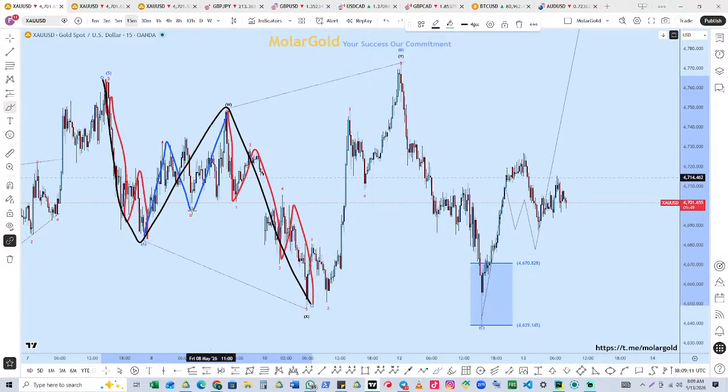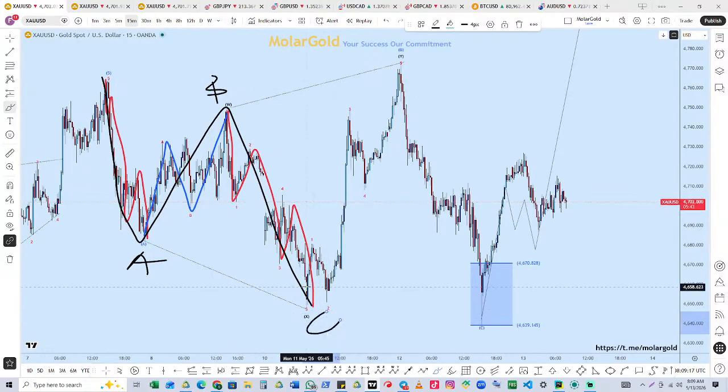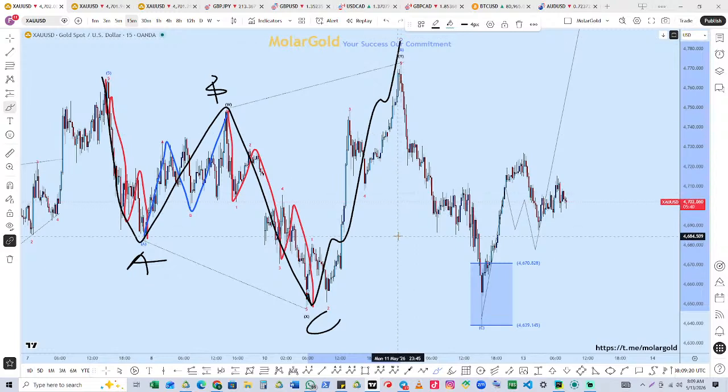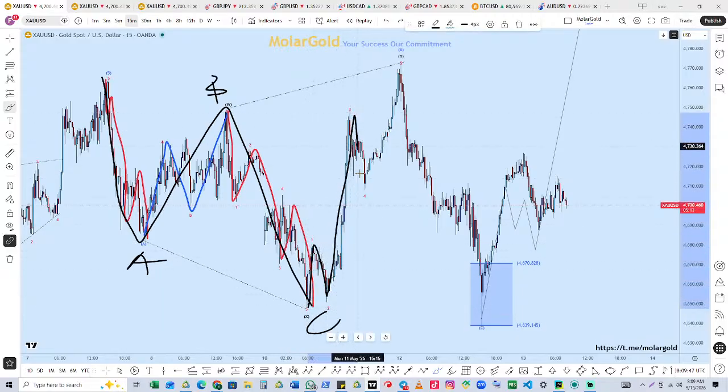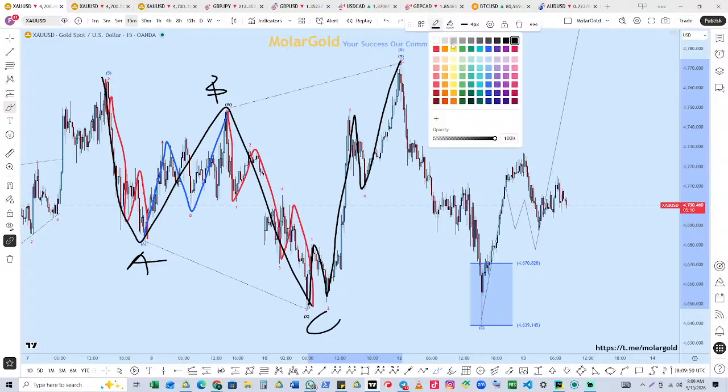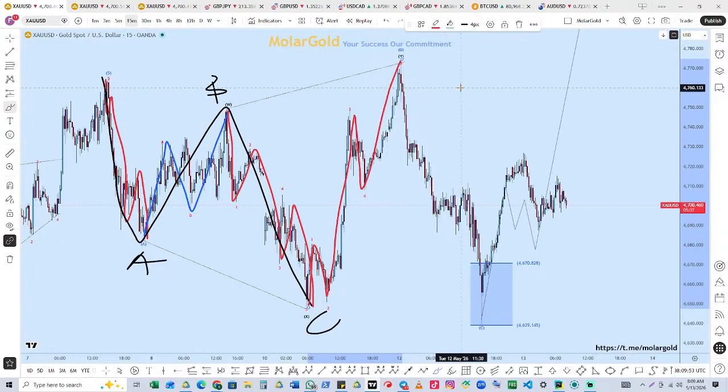What happened is that I told you guys this is an A, this is a B, and this is a C, and we need to start going to the upside. But when we got to this level, the ERL of the SMC indicated that the price should be dropping. So we moved in 5, and I'm going to use a red degree: 1, 2, 3, 4, 5. So five waves, perfectly.